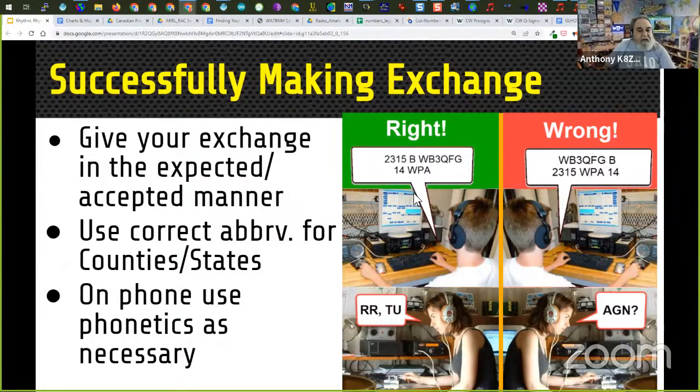So he's in Western Pennsylvania. The station quickly acknowledges with a Roger, Roger, thank you, and everything is great. Notice here, our young gentleman sends the same exact information, but he sends it in a different order. This order is not expected by the person, and of course, they're not listening for it in that order, and they miss the exchange. So using the correct exchange, the correct abbreviations, it's very important to use the right order